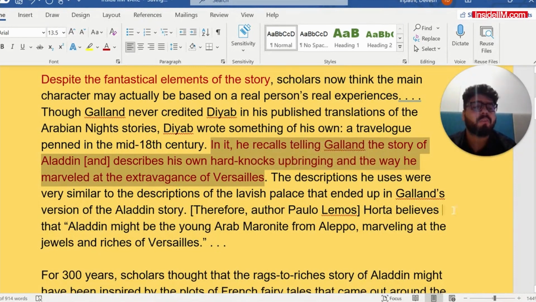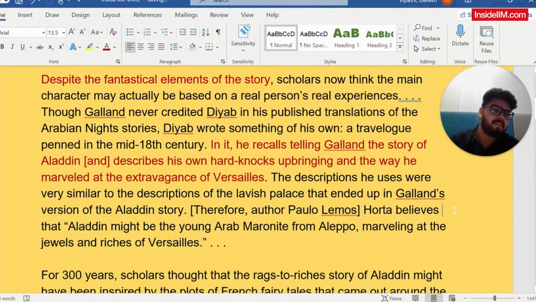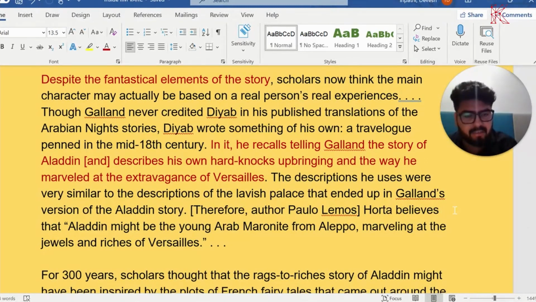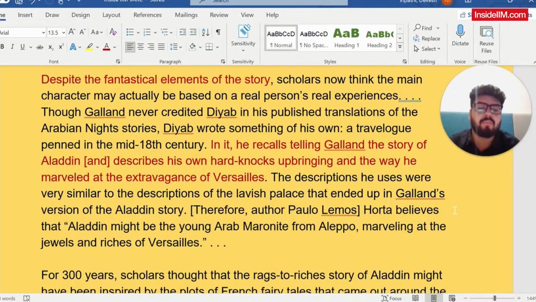So not only did he meet Galland, he told him the story also, and not only did he share the story with Galland, he also described his hard-knock upbringing which he faced through his childhood days, and the way he marveled when he first came to Versailles and saw the extravagance of Versailles. He was marveled by it. The description he uses was very similar to the description of the lavish palace that ended up in Galland's